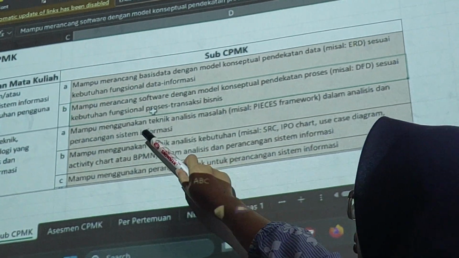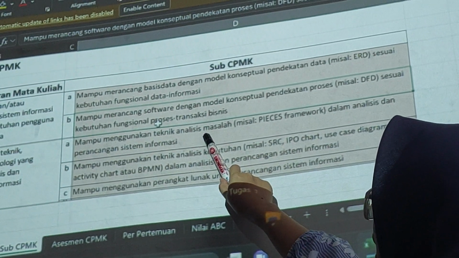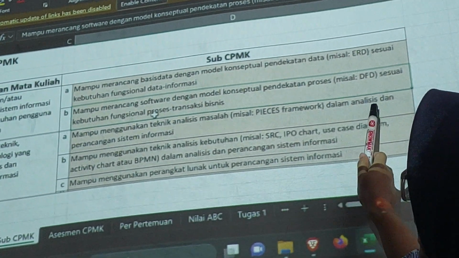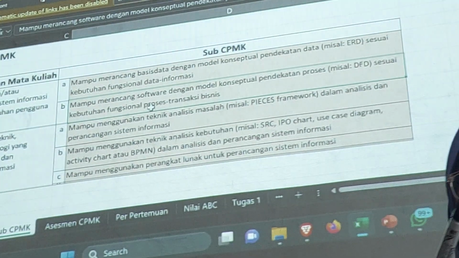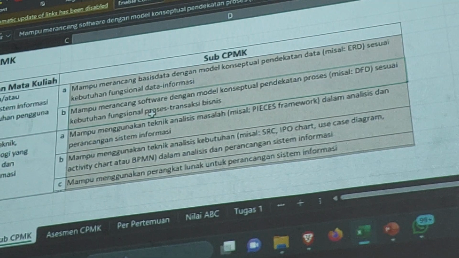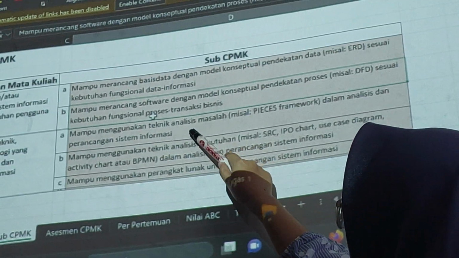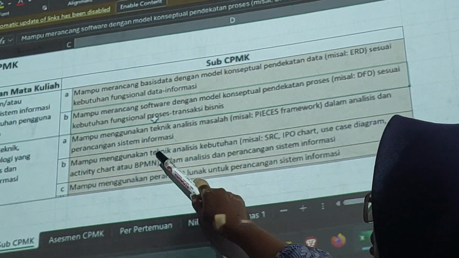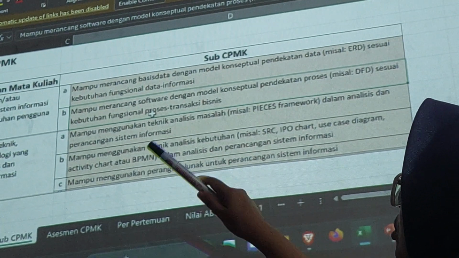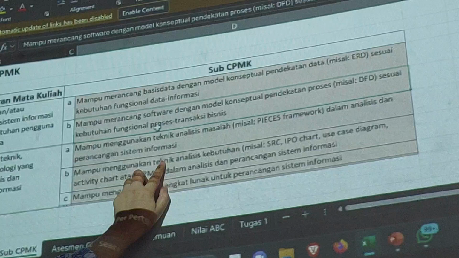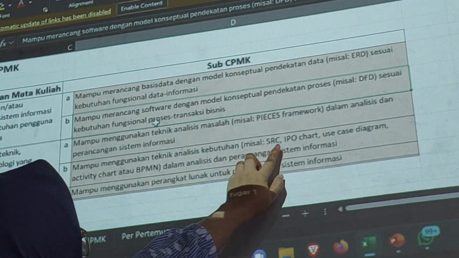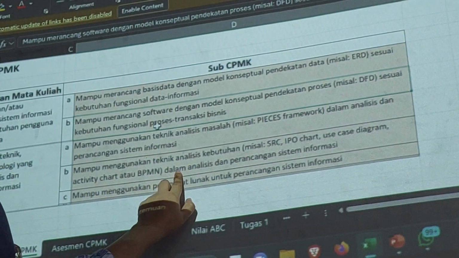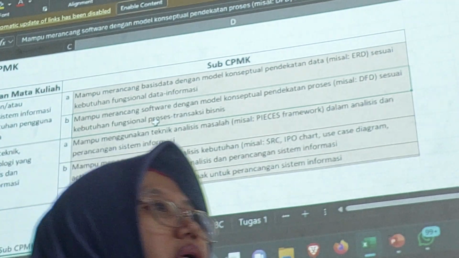The next one is problem analysis, like a thesis or analysis of an information system. You can use BPMN, use case or activity diagram. This is DFD, document flow, activity, and then you can use tools like use case diagram, BPMN or activity chart to analyze the needs. So maybe the study case.